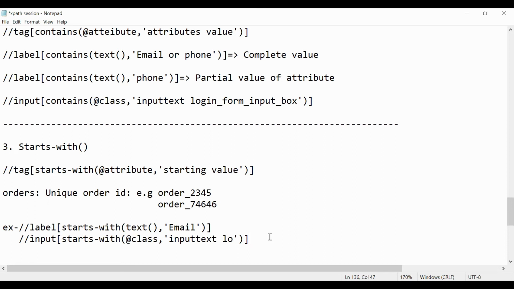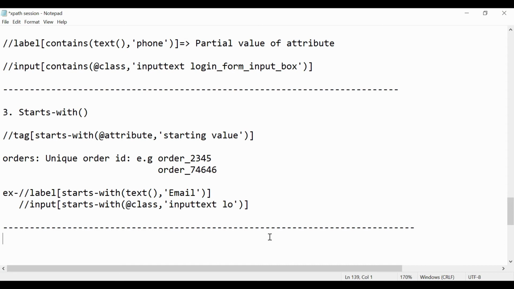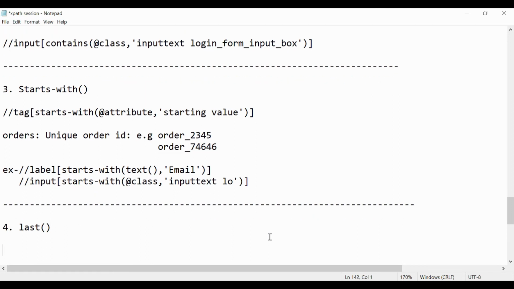Okay, so next we will see the last function. Sometimes it's very useful, so how can it be used? To understand the last function, let me first tell you what indexing is.